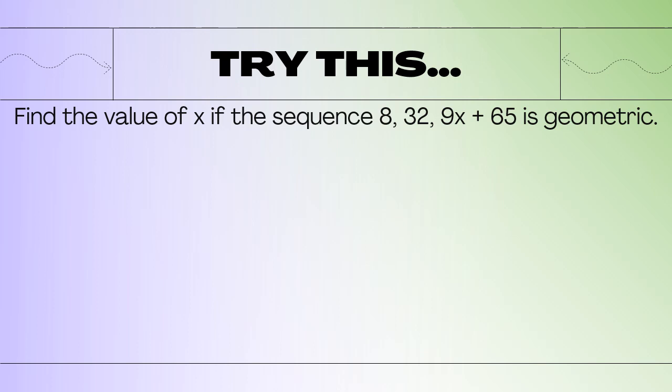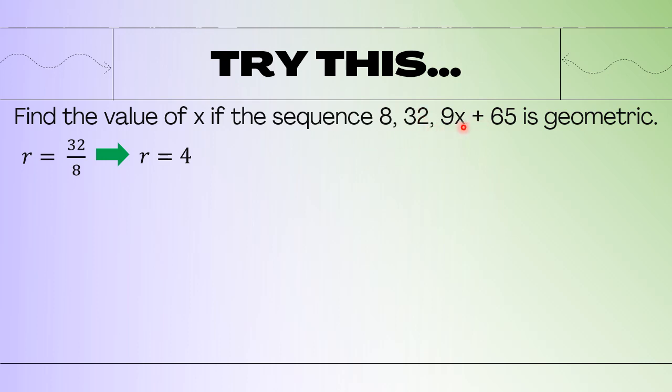Okay, next, find the value of x if the sequence 8, 32, 9x plus 65 is geometric. Your task right now is to find the value of x since one of the terms given is an expression. You may also apply this idea, guys. I'm going to get the common ratio first since the second term and first term are already given. So 32 divided by 8, I would have r equals 4. And since the ratio is 4, and this is geometric as stated in the problem, therefore we can say that 8 times 4 is 32, and 32 times 4, that is the value for